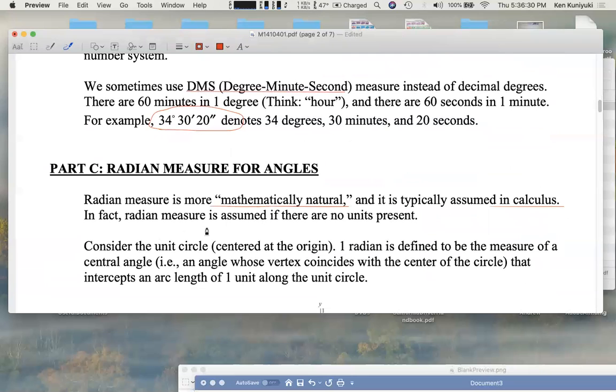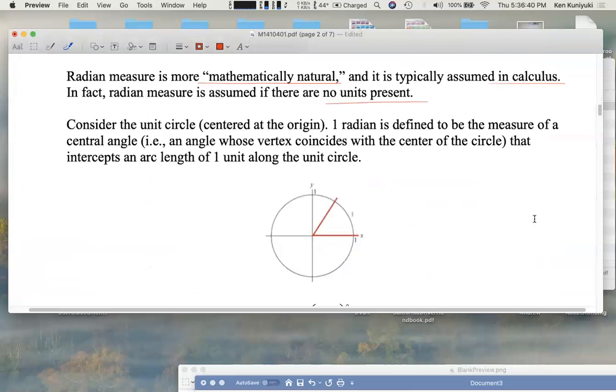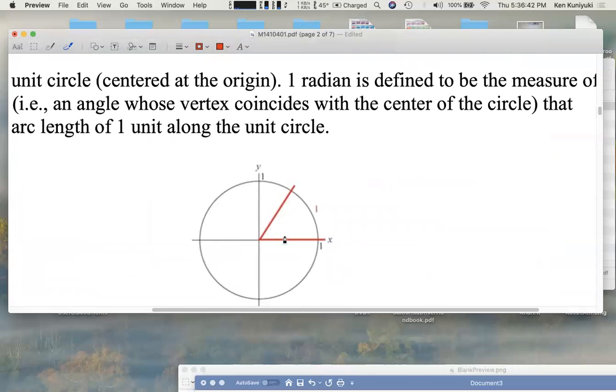And in fact, radian measure is assumed if there are no units present. So if you see a blank, you can just say, hey, let's pretend there are radians there. So what is a radian? What's its significance? 1 radian here is this counterclockwise rotation, this measure, where the intercepted arc length along this unit